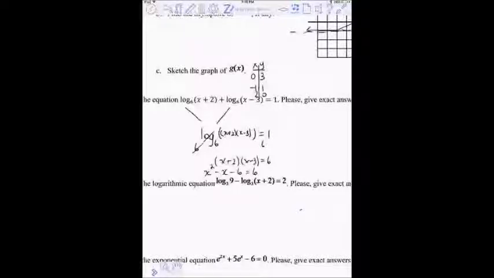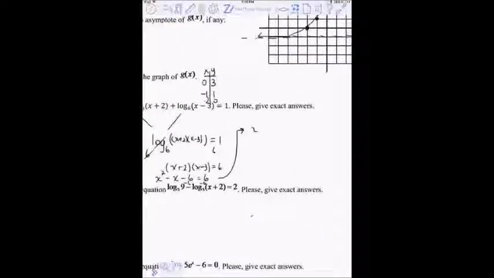So what you need to do is now get the right side equal to 0 by subtracting 6 on both sides. And you're going to get x squared minus x minus 12 equals 0. And that factors into x minus 4 times x plus 3 equals 0. Now, solution here is x equals 4. And another one here we could consider